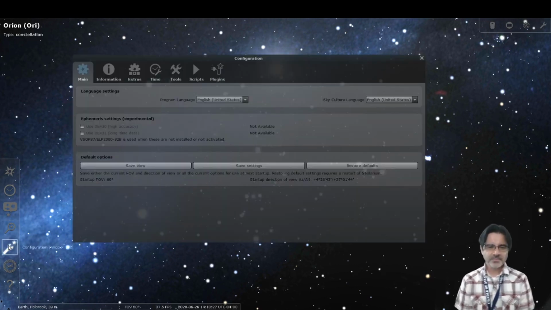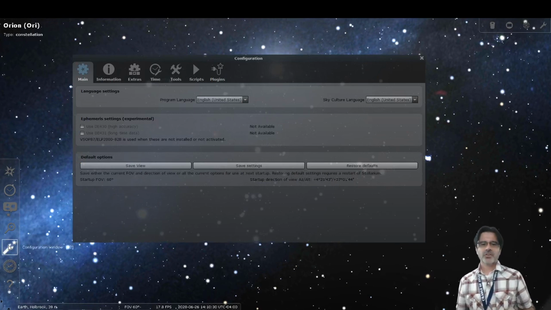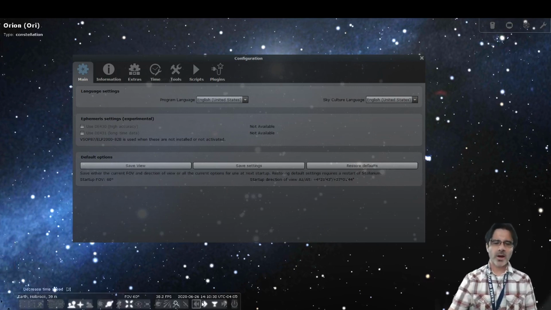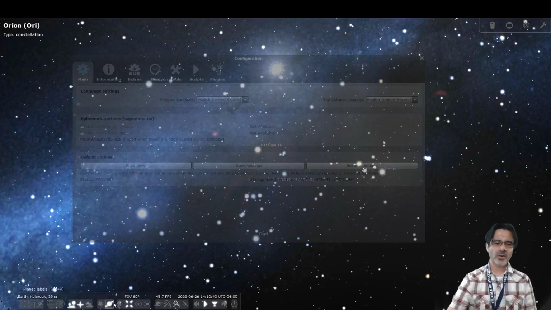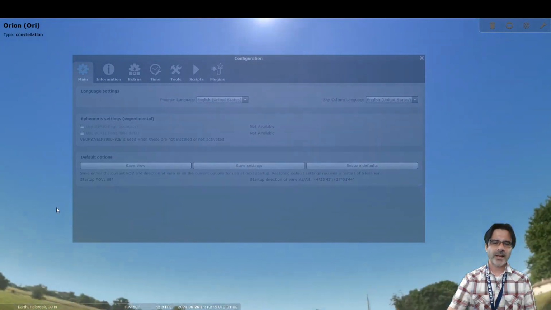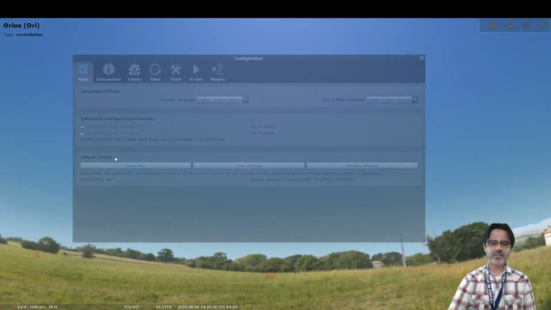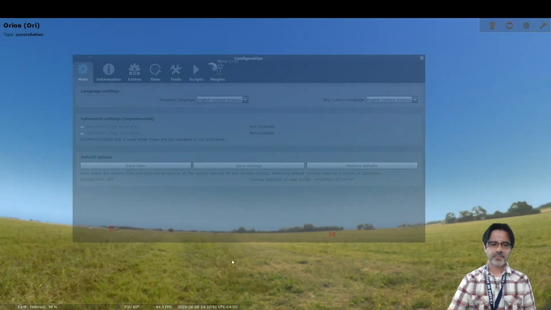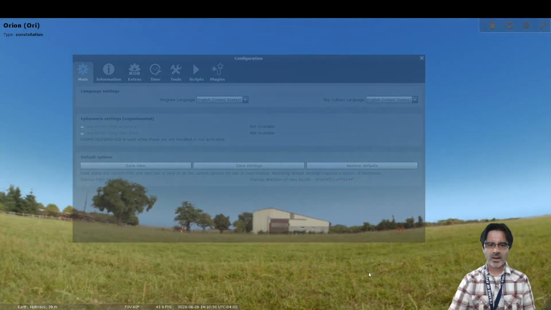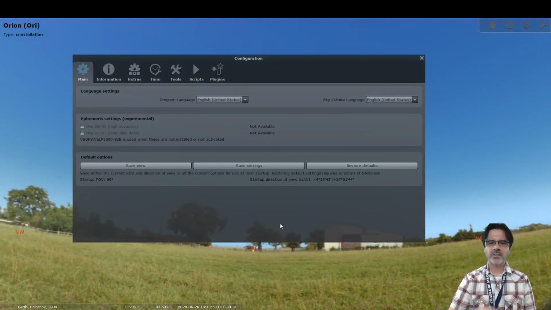All right, configuration window. So let's say you set up everything. You have everything set up exactly as you want it. I want it to start up at the default time. I want it to start up with the atmosphere up. I want it to start up with the landscape on, and I want it facing north. And I want my moon scale times 4, and that's what I want it to be. Well, all you do is you go to your configuration window,